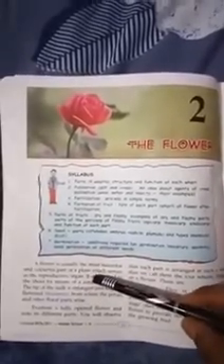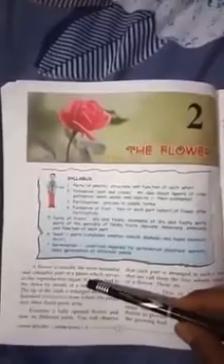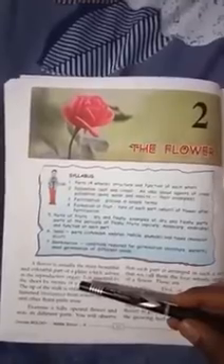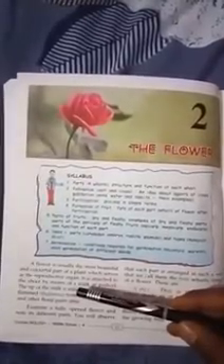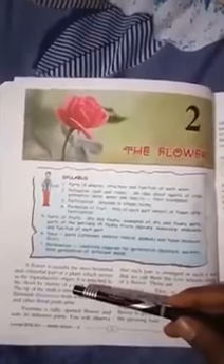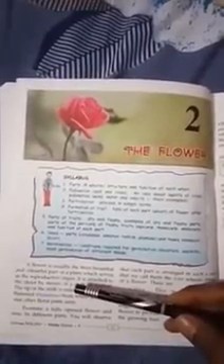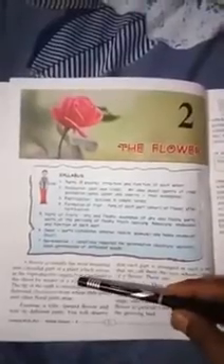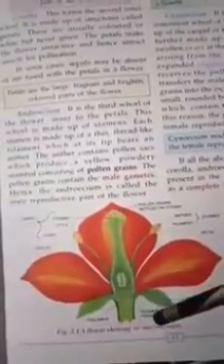A flower is usually the most beautiful and colorful part of a plant, which serves as a reproductive organ. As we have studied before, the flower changes into a fruit and gives a seed. As in the previous class you have studied, the fruit contains seeds, and by the seed a new plant can be grown. So it is a reproductive organ. It is attached to a shoot by means of a stalk or pedicel, as given over here in this example. I can show you that it is attached with the pedicel.